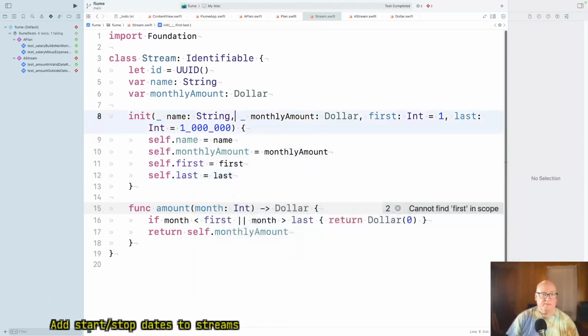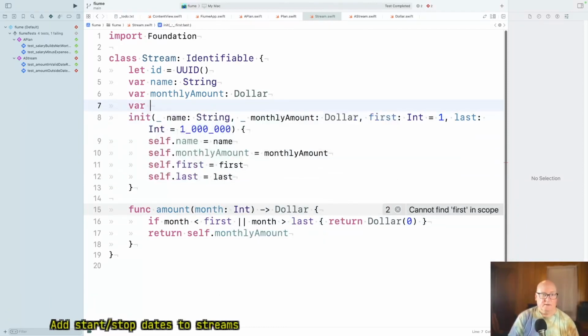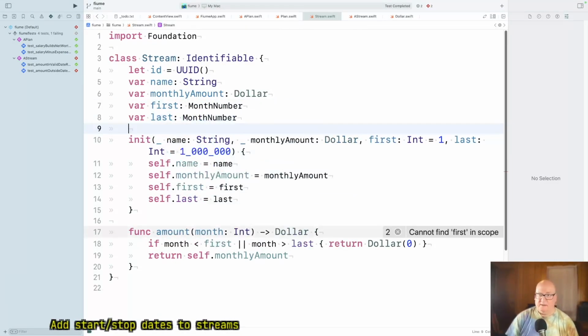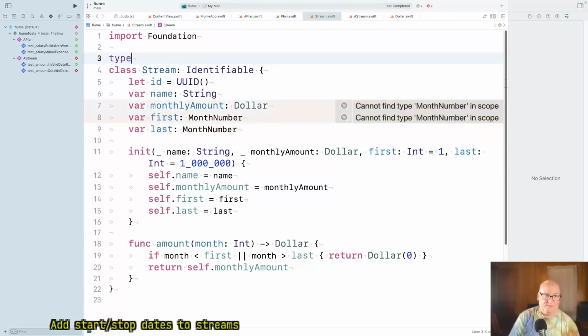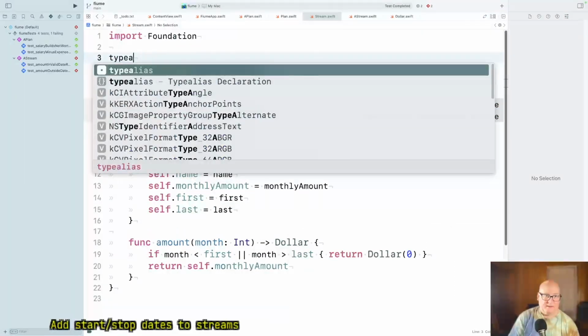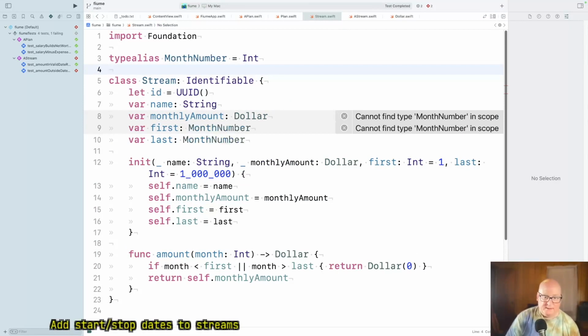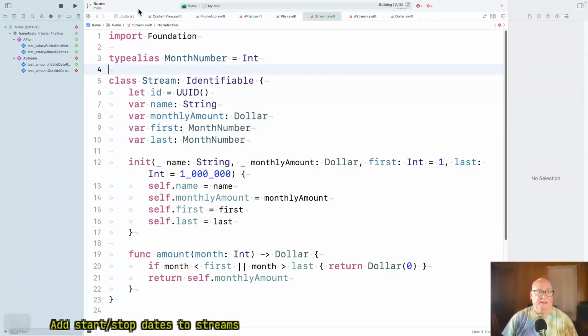I guess I've got to define them first. Var first. I'm going to call this month number, because these ints make me nervous. Okay. Let's do a type alias for now. Now this should pass, but I'm going to clean up these type names.